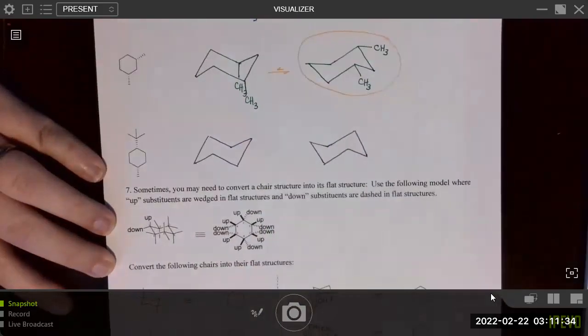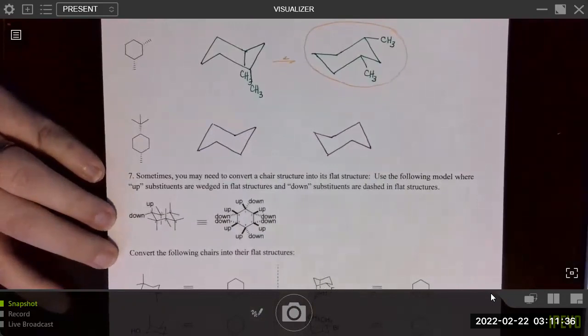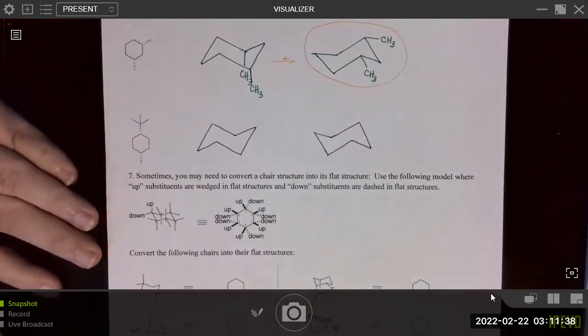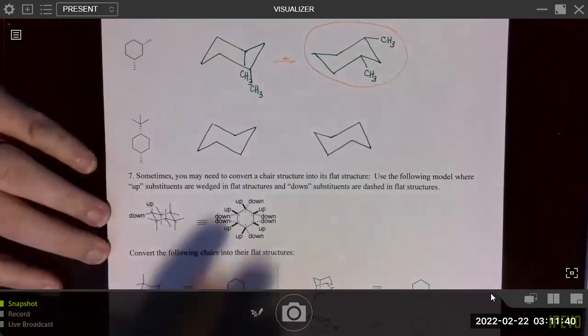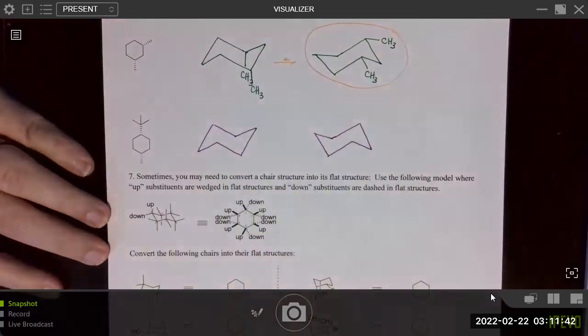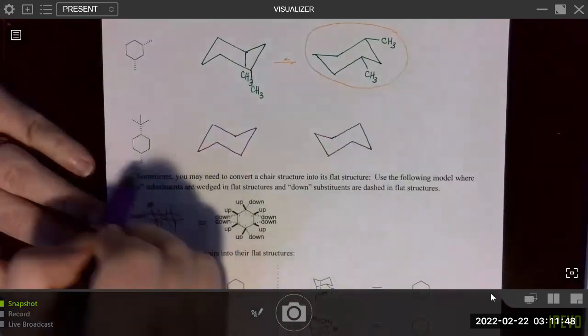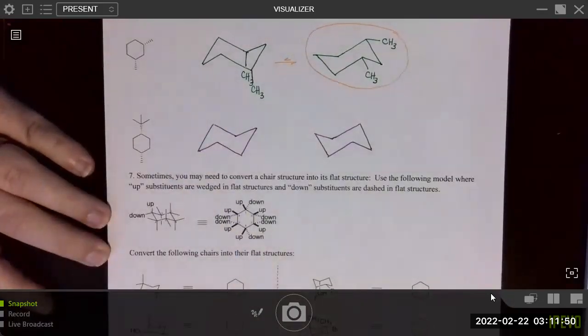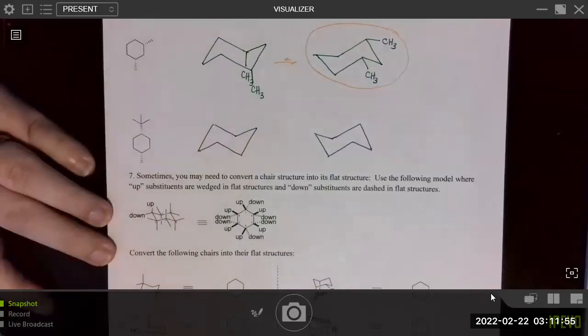Sometimes I kind of joke that Art 101 needs to be a co-requisite or a prerequisite of this course, just because there's so much drawing involved, freehand drawing. Okay, so again, we can kind of start anywhere, right? As long as we make sure to put these groups either up or down as indicated in the structure, right? So I can start anywhere.